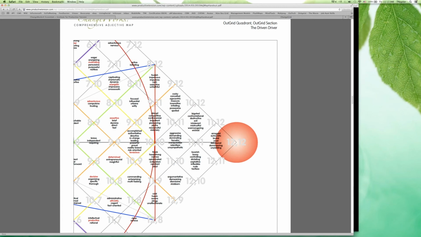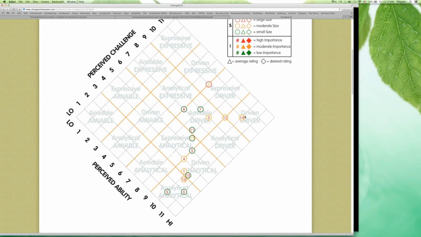To use the adjective map, you look at the coordinates that the person reported on their change grid. So let me just flip here for a second, back to Stephen's change grid. And you can see right now for activity number 14, which again was dealing with difficult prospects, Stephen is plotting at an ability of 10 and a challenge of 10. So 10 and 10 is right here where you see number 14 plotting right now. Now, that happens to be in this driven driver subquadrant. And again, we're going to go back now to the adjective map. And I just want you to see how we're really looking at the exact same spot on the change grid, the driven driver. We're just going to zoom in and we're going to see these lists of words in all these different boxes.